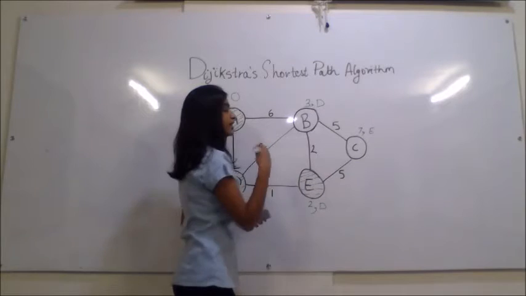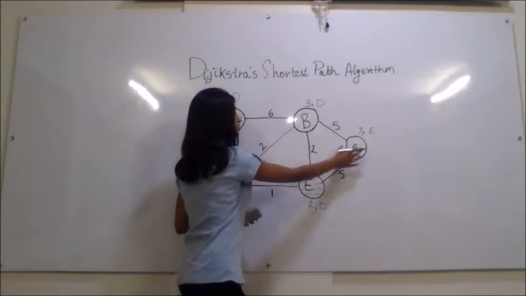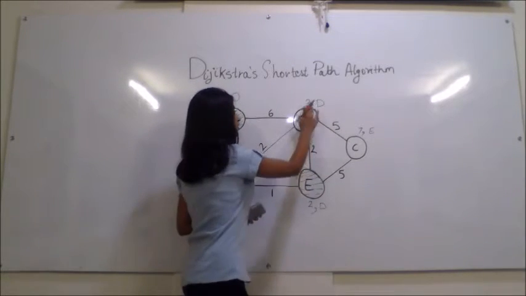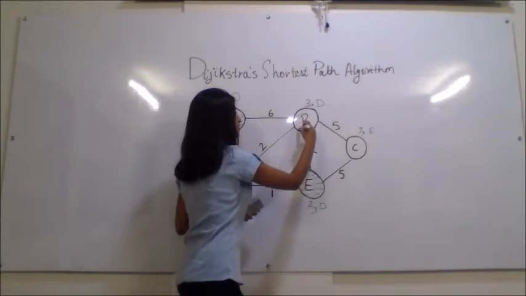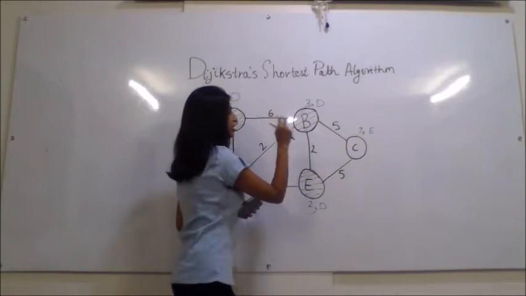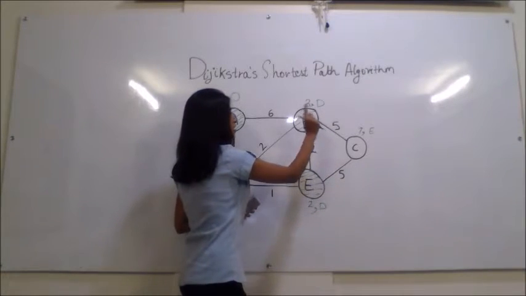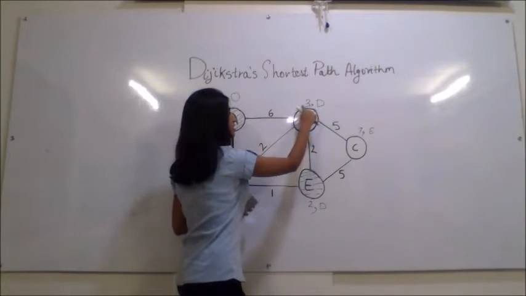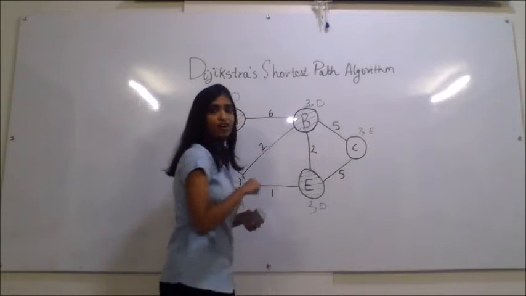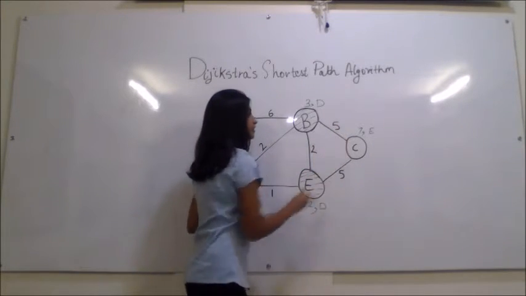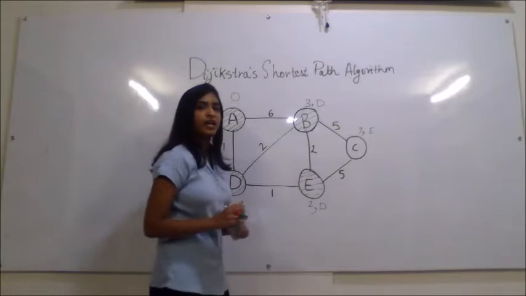Alright. Next you follow the same steps. Extract the minimum from the white set. 3 and 7, minimum is B. I put B in the green set. Look at the adjacent vertex of B, which is C. The new distance value of C is 3 plus 5, 8. 8 is not less than 7. So I don't update this. Keep it as it is.